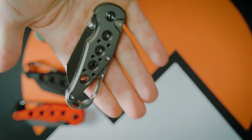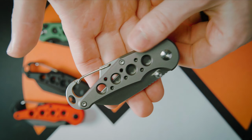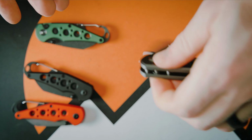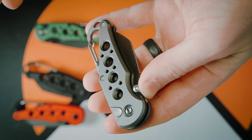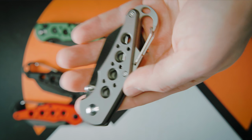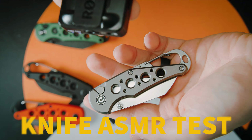I've walked around a decent amount of trails with it on my lanyard, on my backpack, and it hasn't gone loose on me yet, which I do believe is, again, down to the strength of the actual locking mechanism we have in there, where it's, I would say, tougher than what Civivi mostly does with their other knives, which have an almost slow, casual opening feel to them, whereas this one is much closer in opening the mechanism to the Devo. So speaking of quick comparisons, so speaking of the Devo,